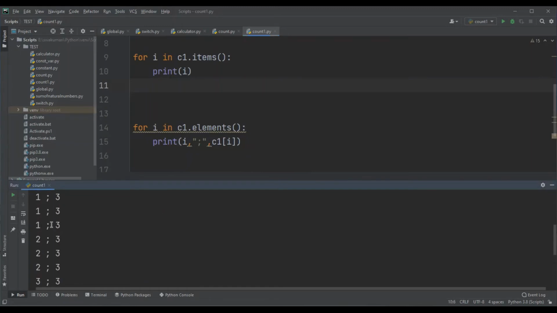Now I'm going to remove the duplicate rows. For that I'm going to add an if condition here. Let previous equal to 0, then.